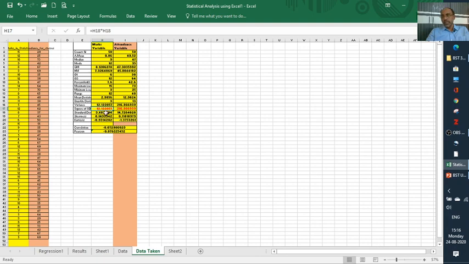Standard deviation squared is equal to variance, it is proved. Then skewness and kurtosis are calculated. The last chapter consists of correlation, Karl Pearson correlation also covered.